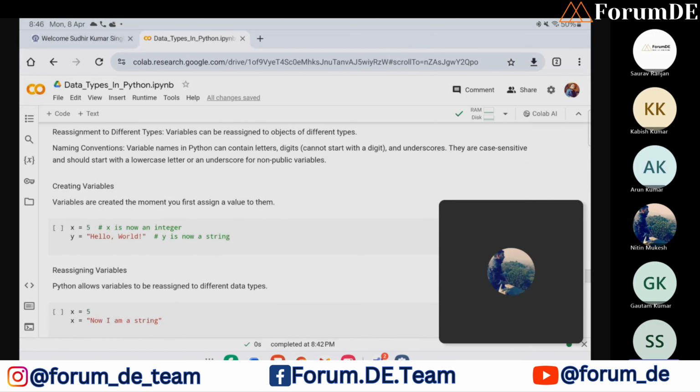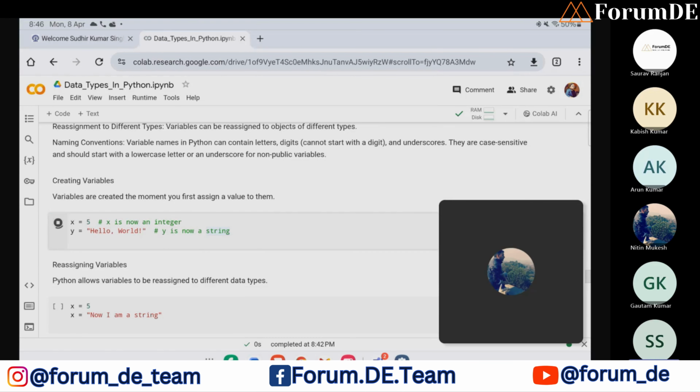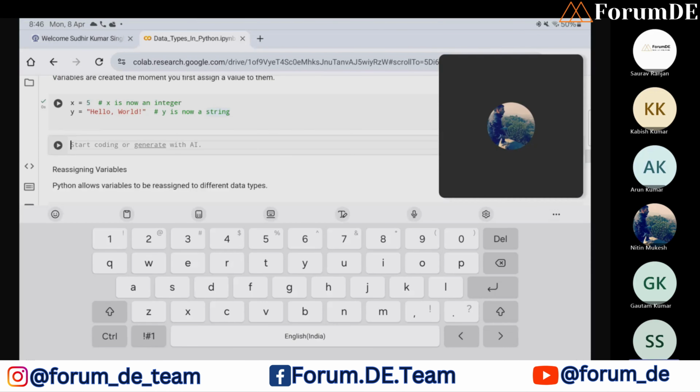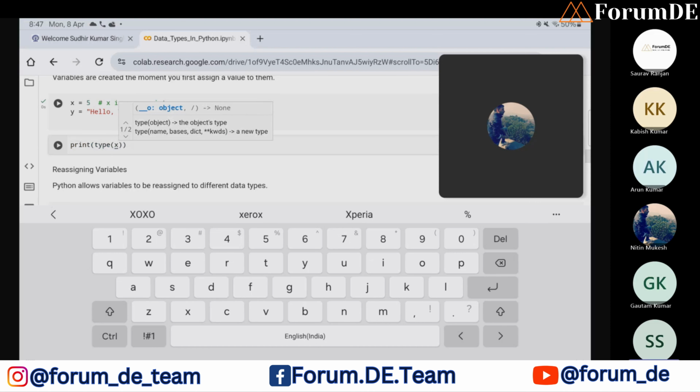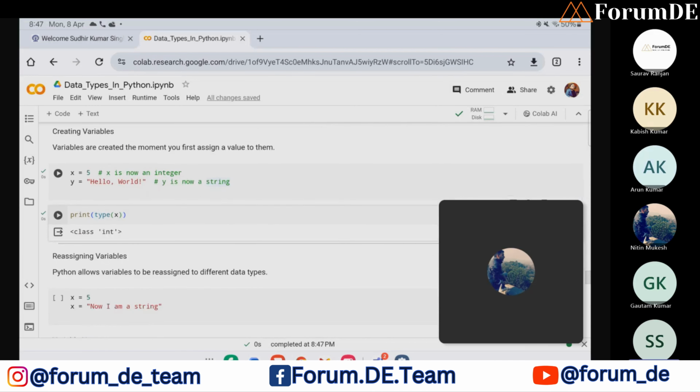So we can start by creating variables, like X equals 5 and Y equals a string. Let me show you also the type of these. Here, if you see the type of X, we can see that it is of int type.